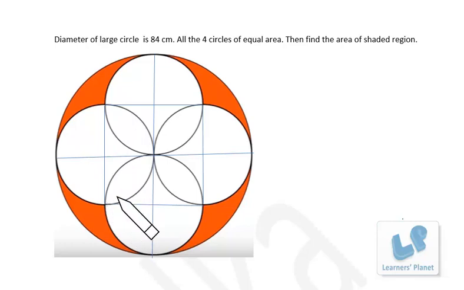So basically this angle will be 90 degrees, this angle is 90 degrees, this angle is 90 degrees, this angle is 90 degrees. All the circles are equal, so all the sides will also be equal according to symmetry. And apart from that, these two lines are intersecting each other at 90 degrees. So this figure is nothing but a square, right? So if this is a square, what we can do is, from the area of the large circle, we can deduct the areas of these 4 semicircles, 1, 2, 3, 4, right?